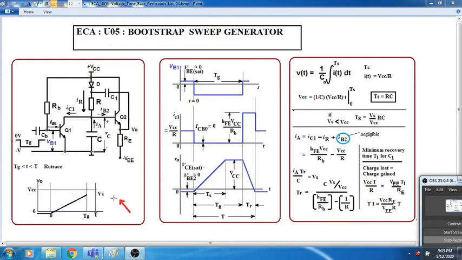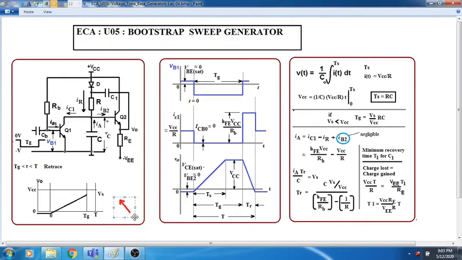Hello everyone. Welcome to the last installment of the video lectures on Bootstrap Sweep generator. In the previous lecture, we have seen how the sweep is formed, and we have also computed the voltage that it reaches with reference to the time constants, voltages, and the gated pulse,